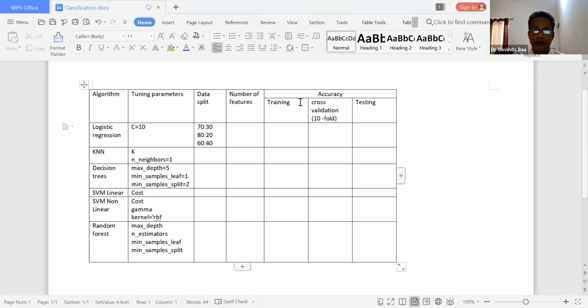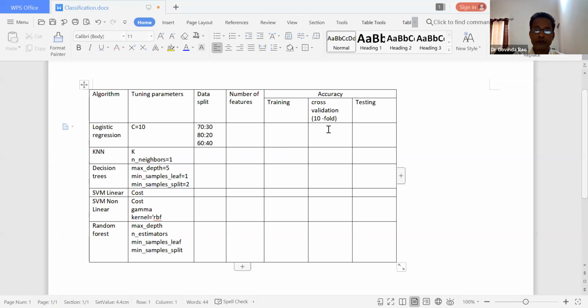We do some cross validation, right? Within the training data, we are going to validate our training. How is our classifier performing on training, and before we go for testing, in between we need to cross validate our classifier performance. So whether we are achieving good accuracy or bad accuracy.